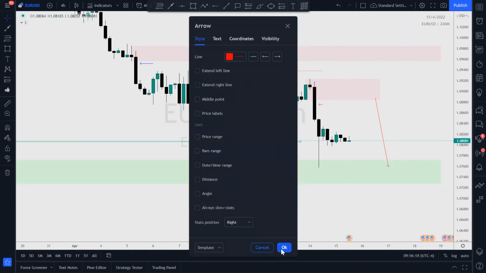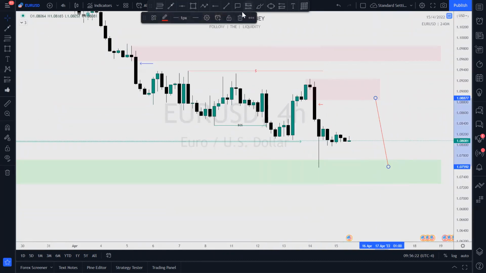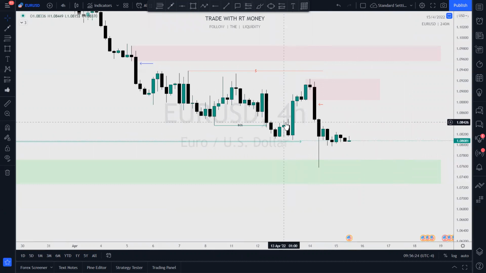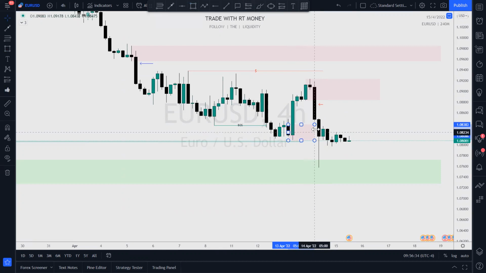But that's not my focus. My focus is on this zone. This was a valid zone of demand. Can you not see that? Why was it valid? Why was it valid? I need an answer. The reason why it was valid